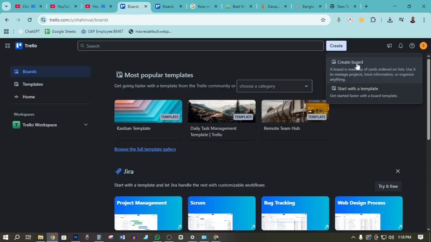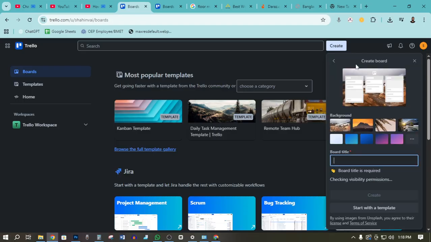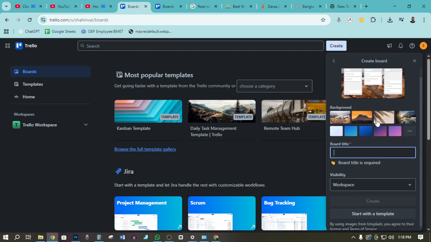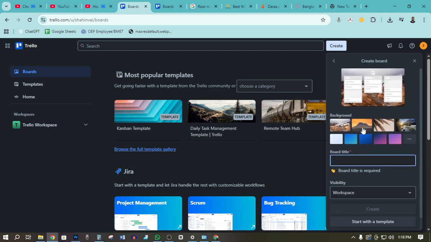customly. So create board, I want to click here, and then here you can see you can choose the board background. You can select this as a default, and you can also select multiple color from here. Solid color, you can select this white, green, or as you can see, as you want, anyone you can select from here. Then click write a board name or write a board title.